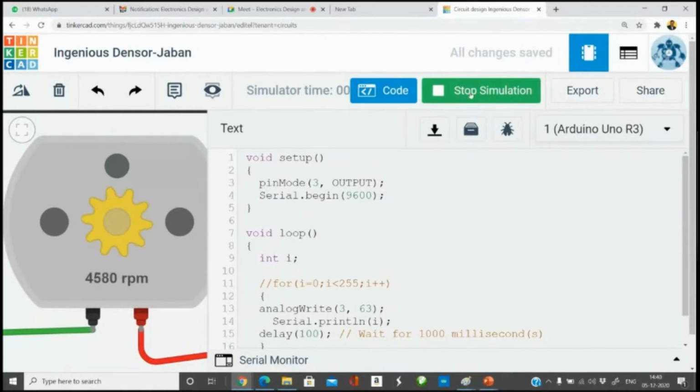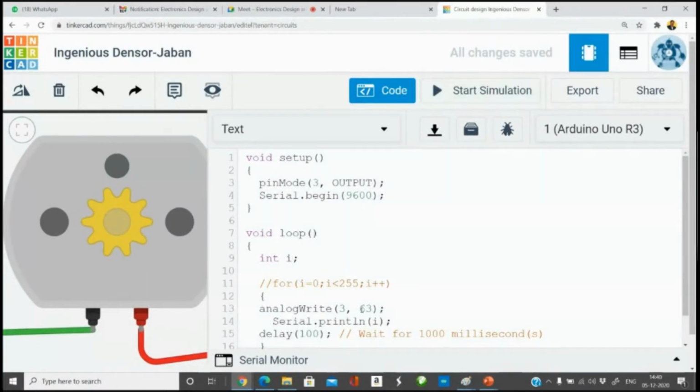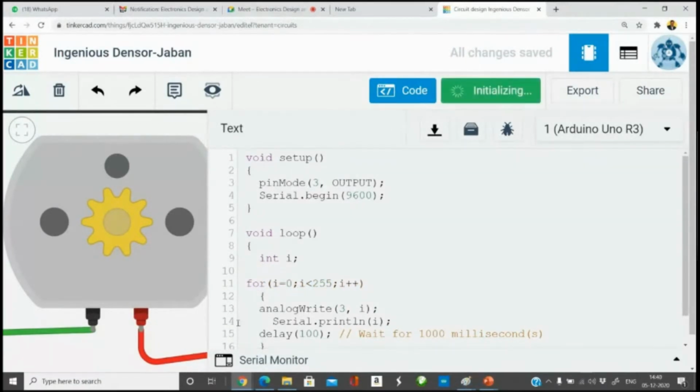So are you able to understand how to change the speed? So instead of giving this one, if I give a variable i and change this i from 0 to 255, I can see that the PWM continuously changes, resulting in a change in speed from 0 RPM to the fullest RPM of 17,000 something.